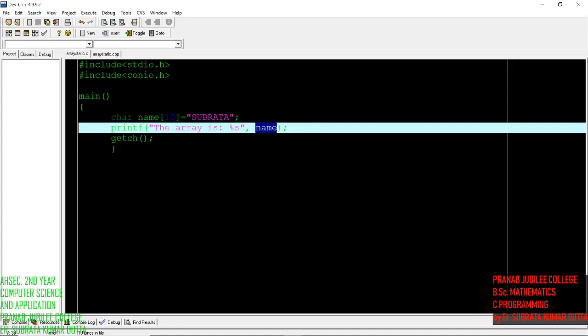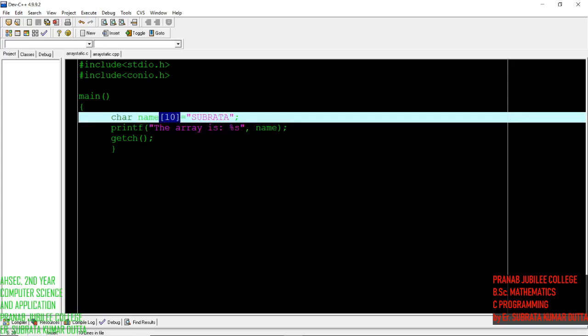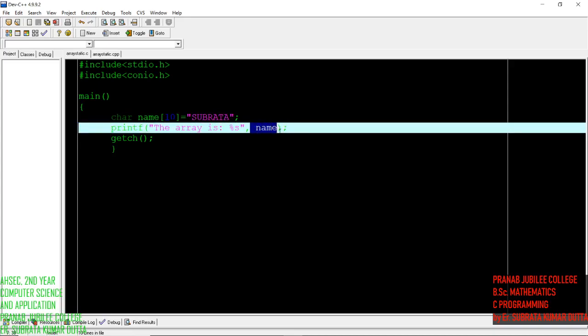Notice we are not writing the size; we write it as we write a normal variable. So when we have to print the whole array, we can directly write the array name, we no need to give the index value. It was very simple.